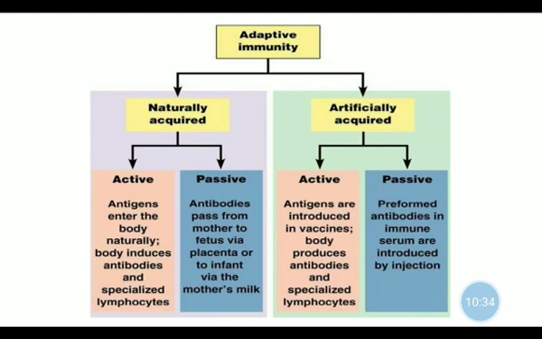These are the types of acquired immunity. As you can see in the chart, there are two types of adaptive or acquired immunity, that is natural and artificial. Natural immunity has two more types, that is active immunity and passive immunity. Active immunity. Antigens enter the body naturally. Body induces antibodies and lymphocytes. Passive immunity. Antibodies are transferred from mother to infant through colostrum, that is first sticky milk, as we have studied